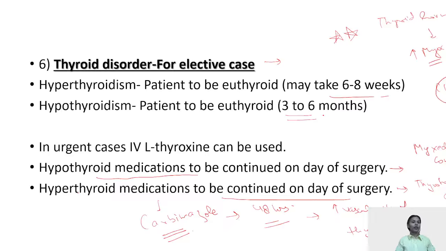Other than that, one thing we have to remember: if the patient is on hyperthyroid medications, generally propylthiouracil, you must have all read about it, and carbimazole are the drugs that the patient is on. These drugs can lead to agranulocytosis, or even carbimazole can lead to aplastic anemias. So testing of CBC, hemoglobin, platelets is a must for the patients who are chronically on hyperthyroid medications.